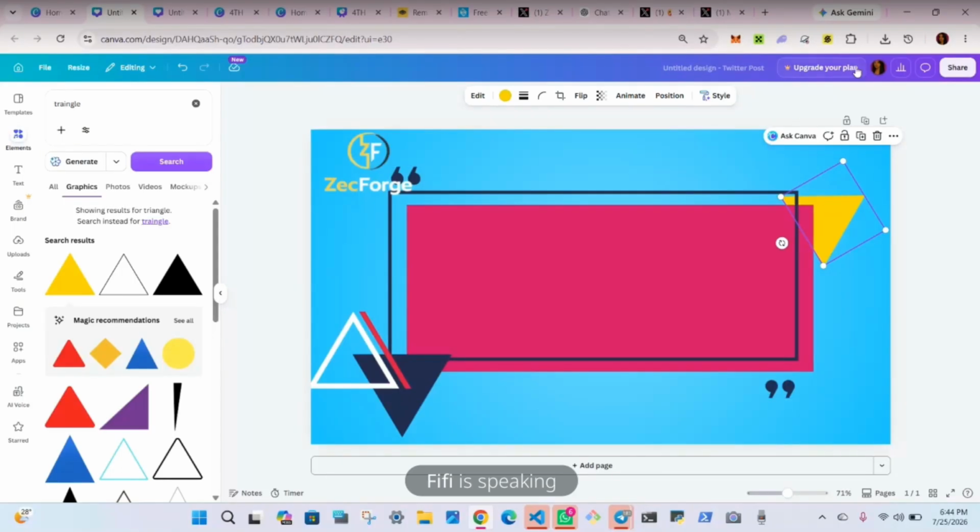For those of you using mobile, it's not like it's very hard on mobile, it's easy for you to navigate